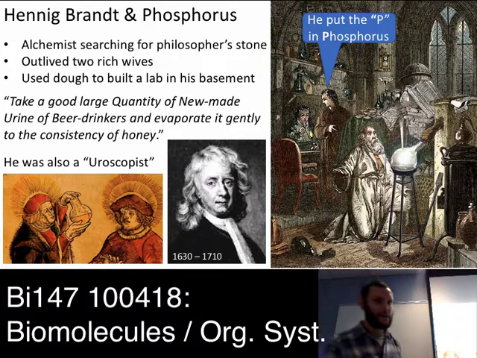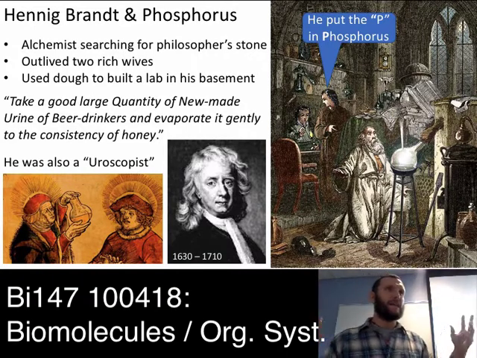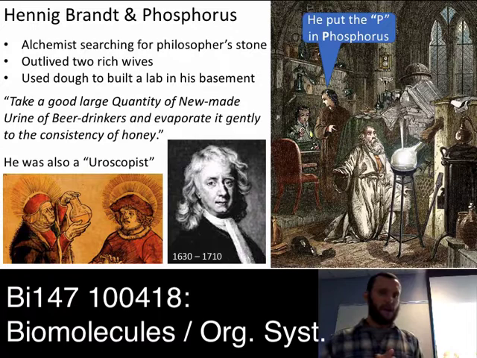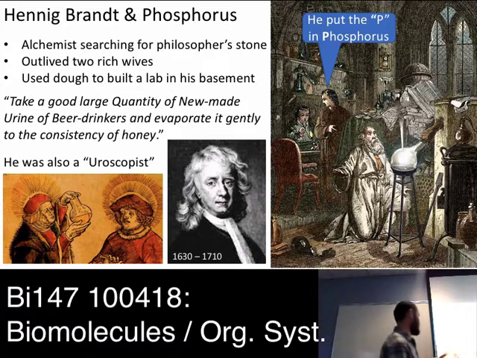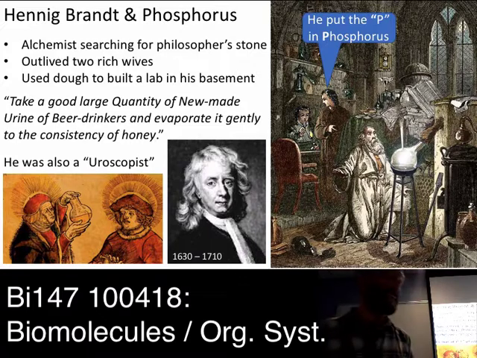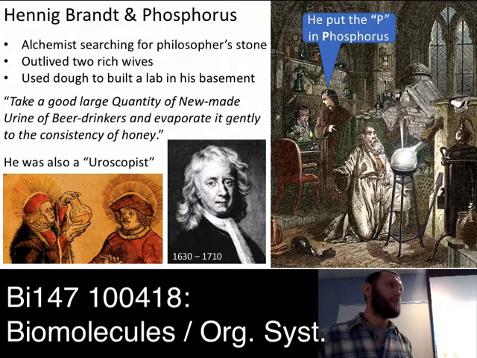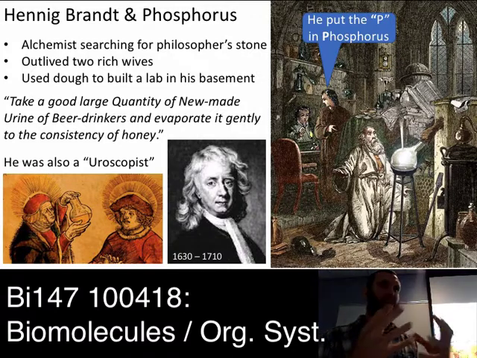And so then he took this good large quantity of new made urine of beer drinkers, and he let it ferment, and then he boiled it down until he got it to the consistency of honey. And he continued to boil this stuff down until it was like this super thick thing, and then he heated